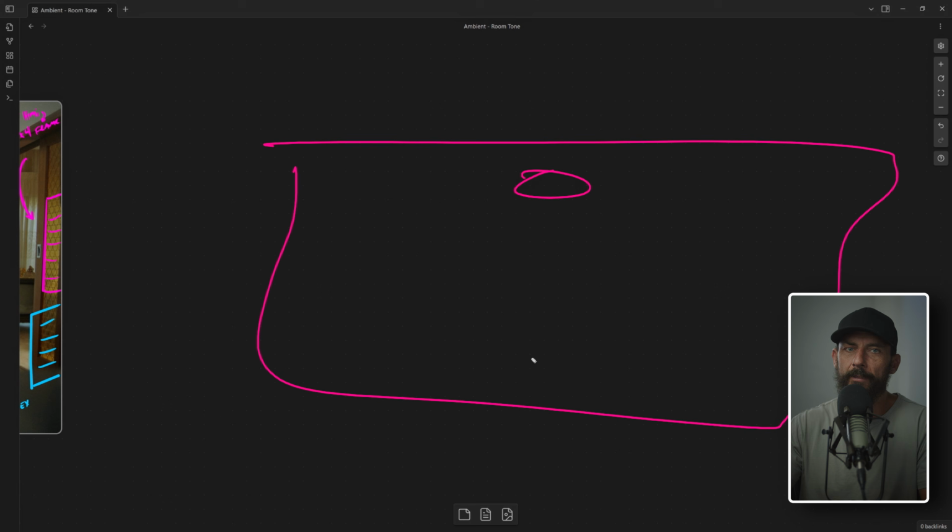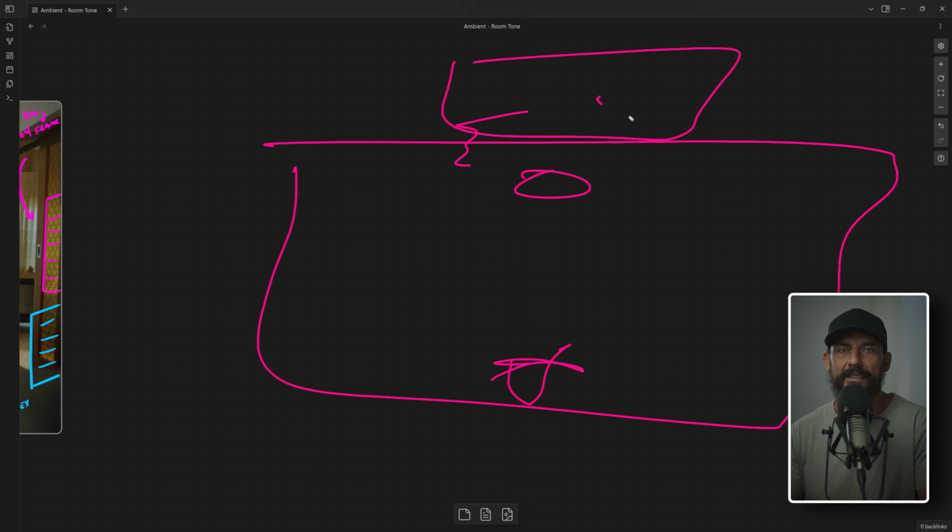Like, I want to keep the shape. I just want to slightly lift the ambient. I just want to slightly lift the room tone. And if I can do that in less than 60 seconds, even better, if I tell the entire team beforehand,